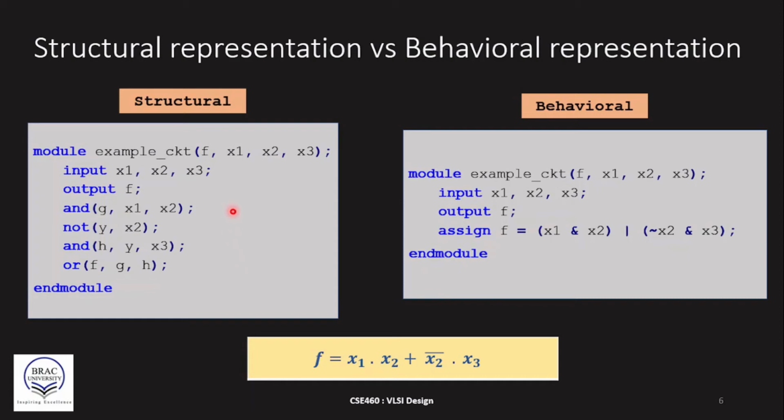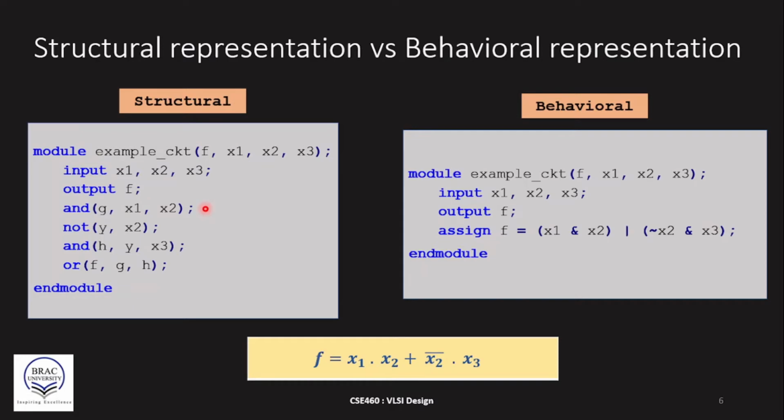In the first lab session, we were introduced to both the structural and behavioral representation in Verilog. Now to recap, in the structural representation, the circuit of this function is described using the gate instances of the inbuilt gate library, whereas in behavioral representation, the circuit is described in terms of the Verilog operators. So as I discussed before, we will be using the structural Verilog code for today's lab, that is the code